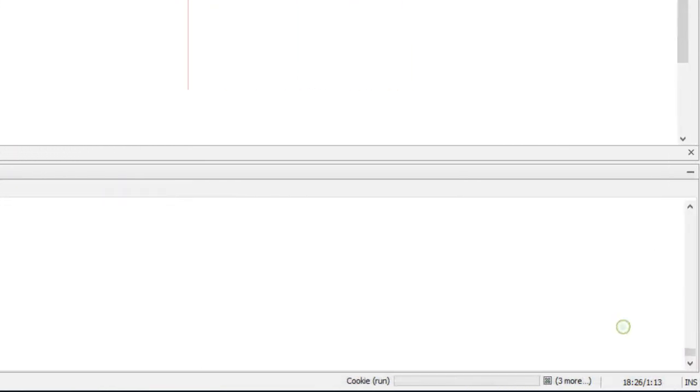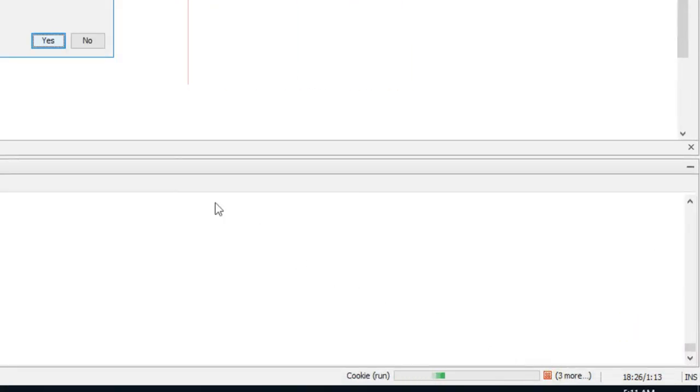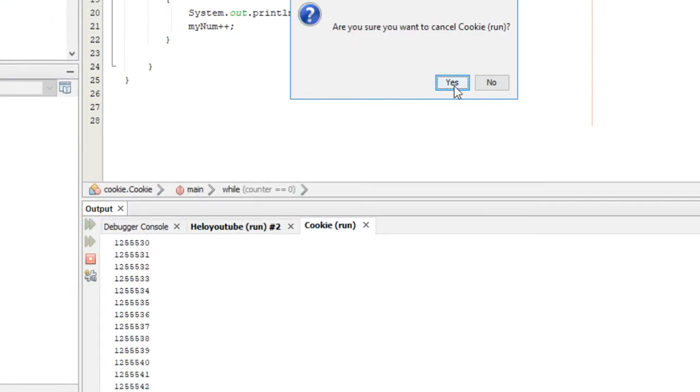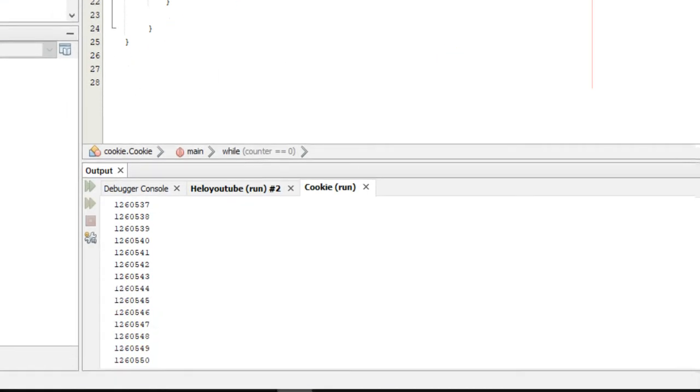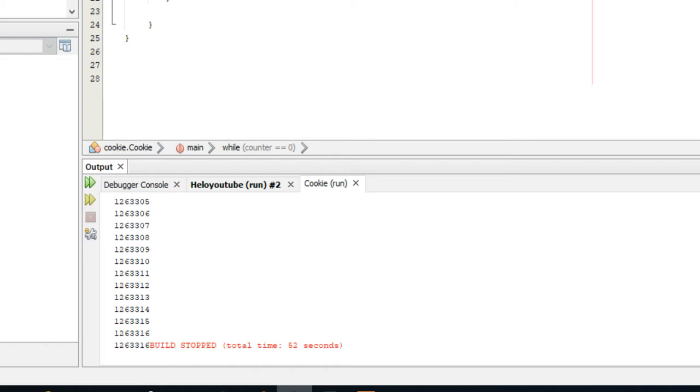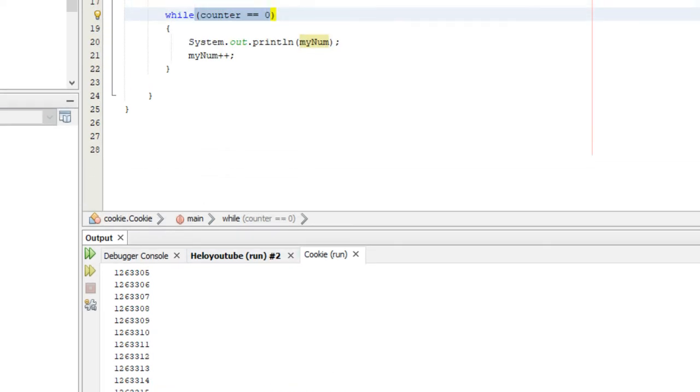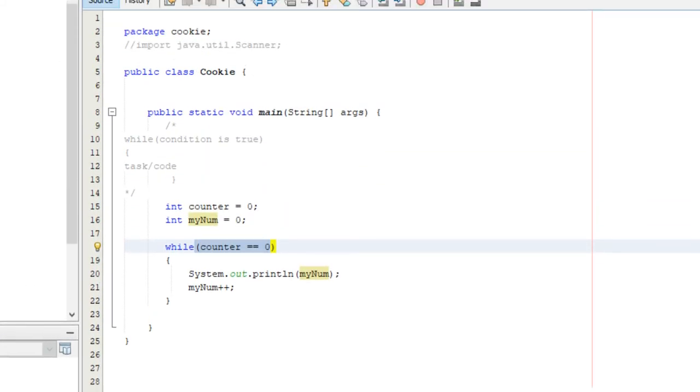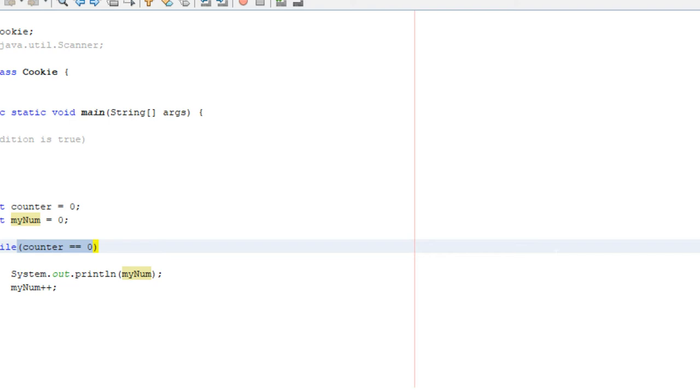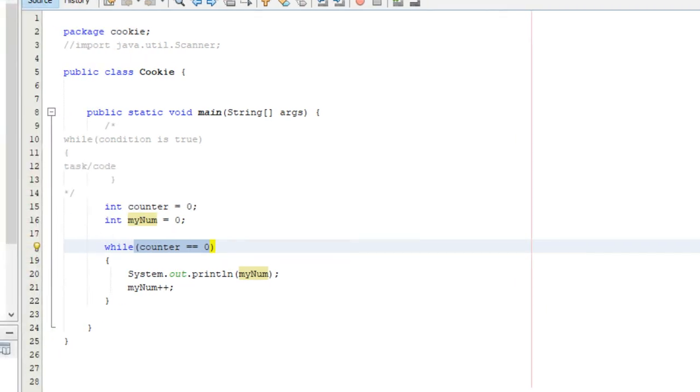Let's stop this. Yes, let's cancel it. So we got up to, in 52 seconds, we got up to 1.2 million. It counted up, counting by 1, in 52 seconds. So in order to stop that from happening, we have to make a condition where counter,